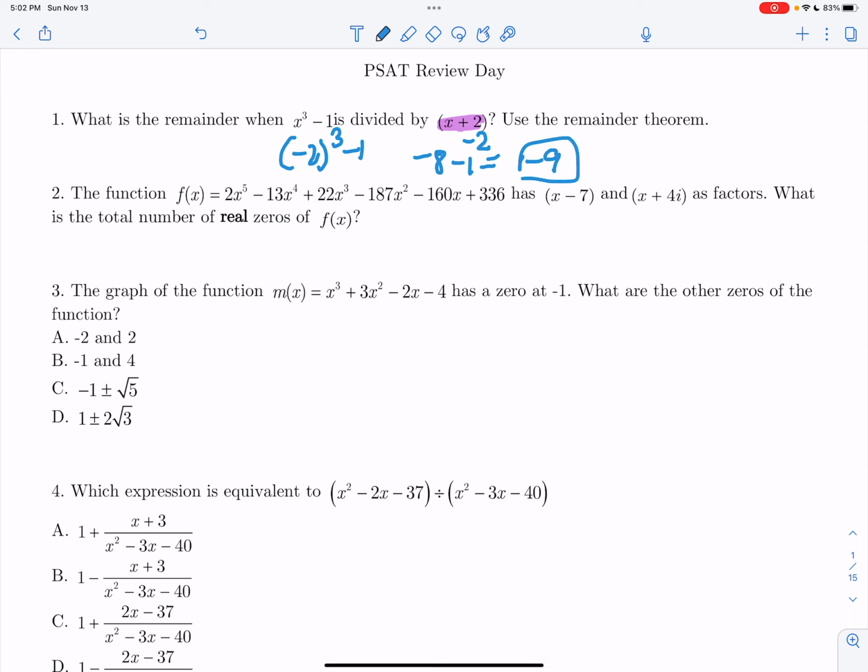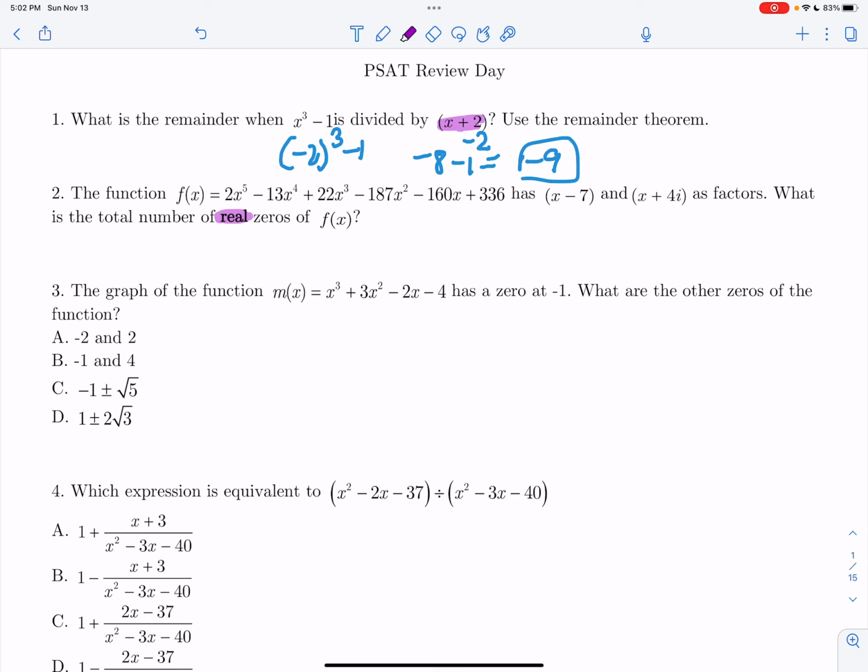Number two, the function 2x to the fifth minus 13x to the fourth plus 22x cubed minus 187x squared minus 160x plus 336 has x minus 7 and x plus 4i as factors. What is the total number of real roots of f of x? Now,